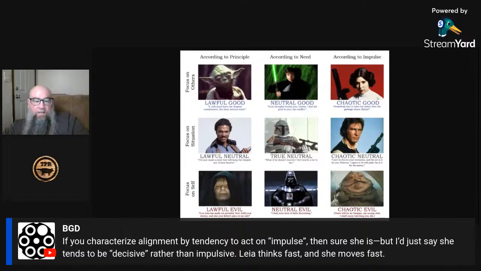Like we could place Han in good. We could place, well, I don't know. Yoda's pretty well ensconced in that lawful good area. But there are shifts that we could make based on our perspectives, based on our own personal reads of the character. And I think again, these conversations are interesting, and that's why I like these charts, because it's going to get people talking. So I don't want to sound 100% dogmatic in any way, shape, manner, or form, because I'm not. I just like to have these conversations.